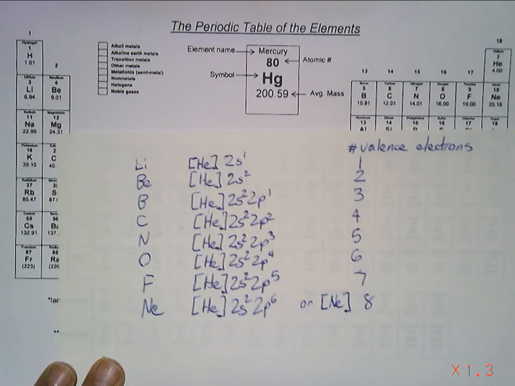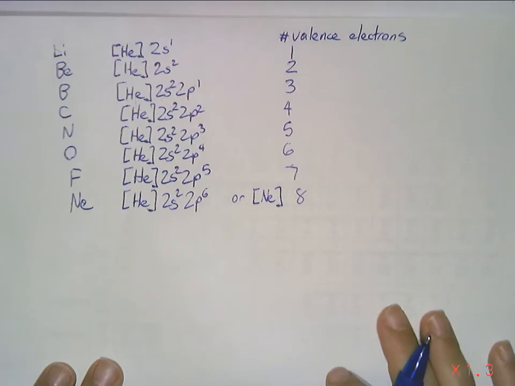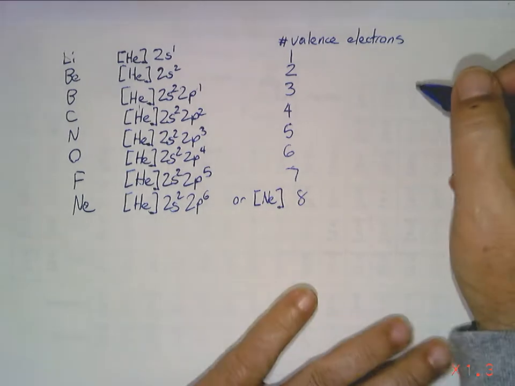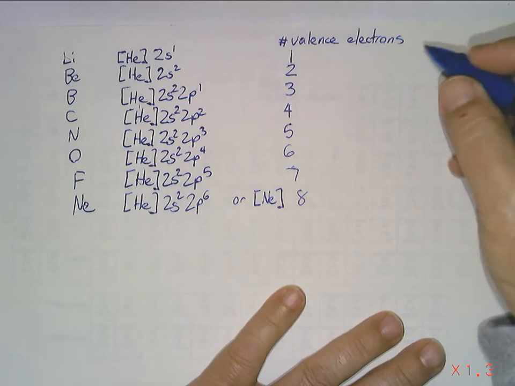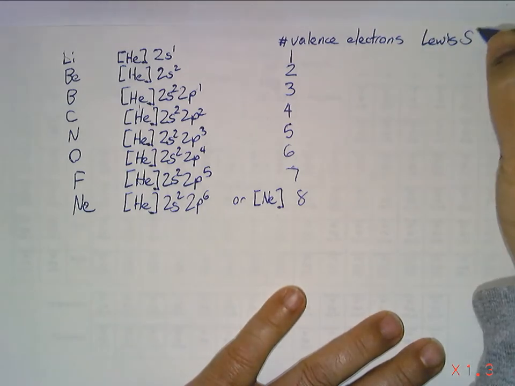Now let's introduce a new notation that is going to give us the count of valence electrons without any unnecessary detail. I'm going to write down what's called a Lewis structure